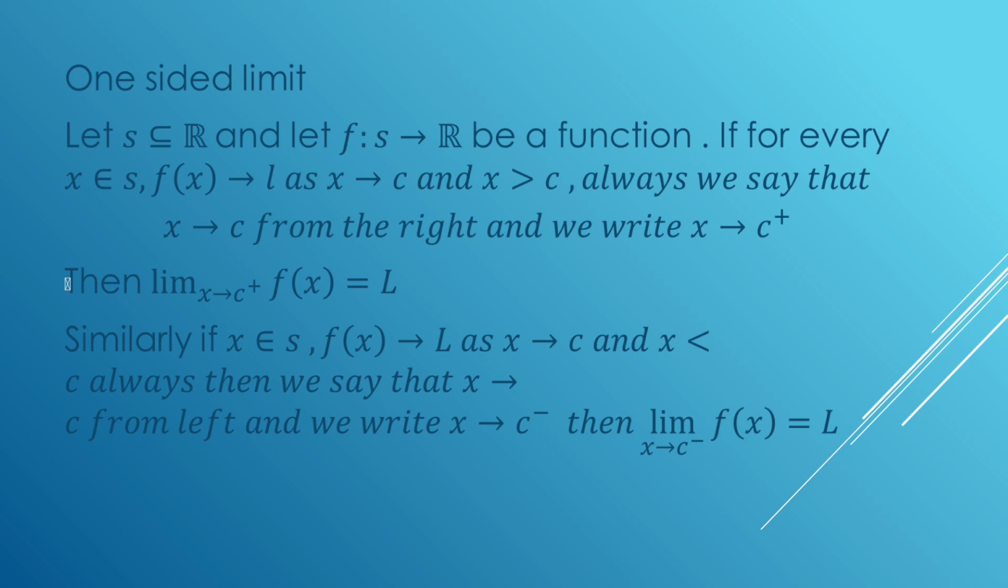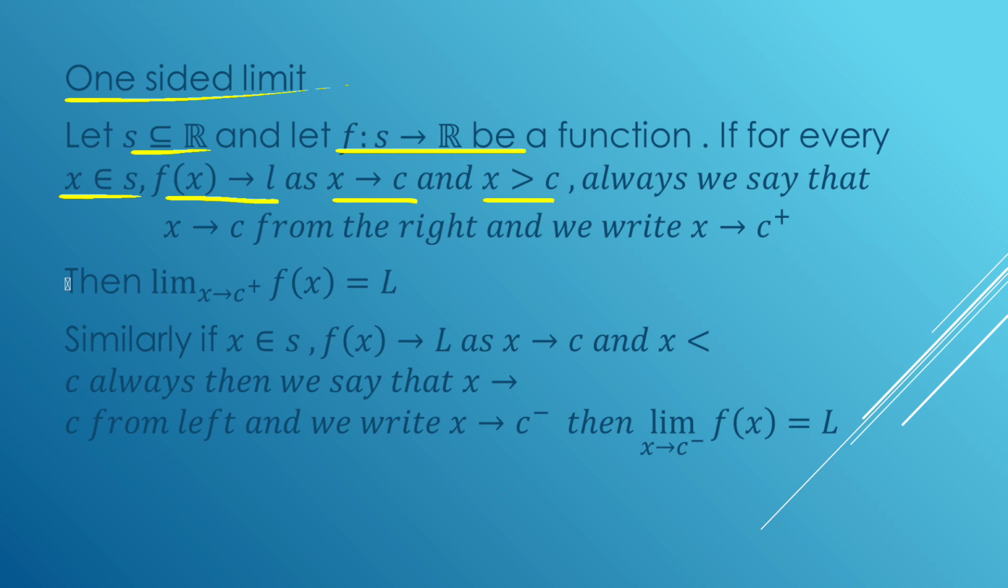Okay, one-sided, we have another property. Let's look at a one-sided limit. So if you let S be a subset of the real set, and let f(x) be a function from S to the real set, if it happens that for every x in S, f(x) tends to the limit L as x tends to C, and in this case x is greater than C,